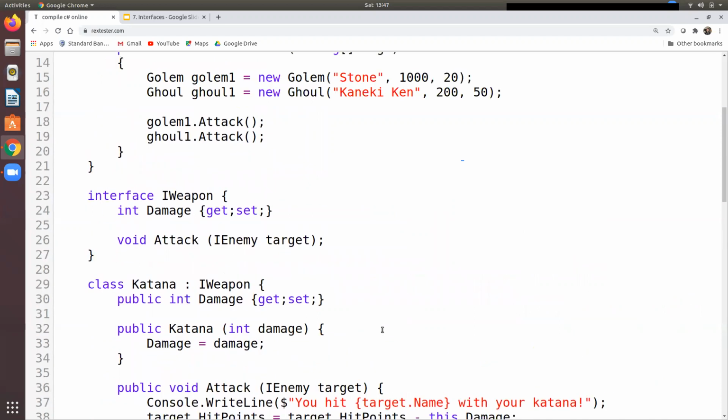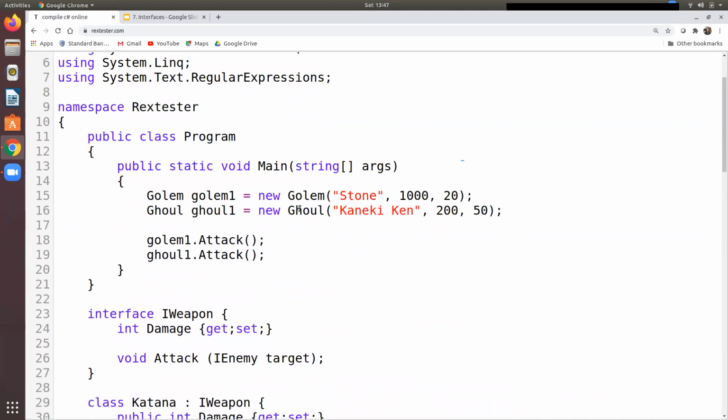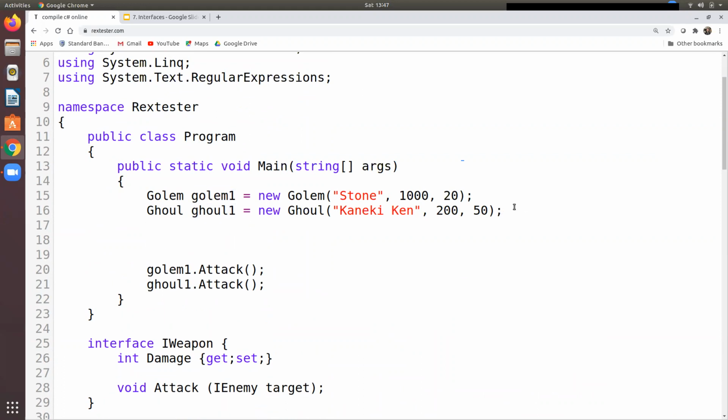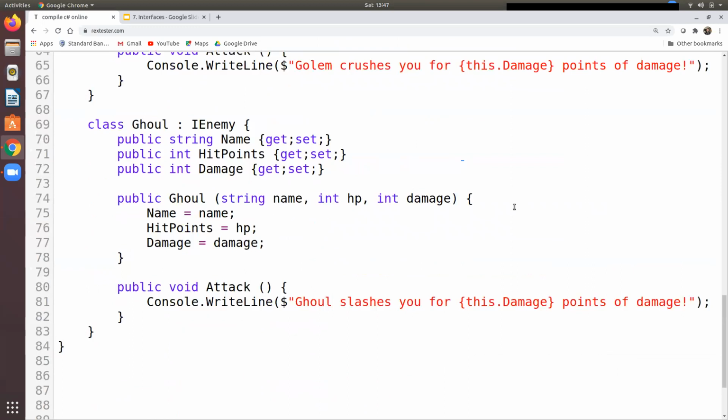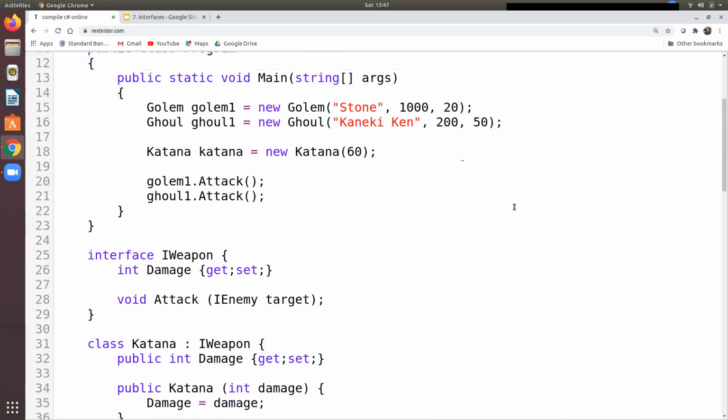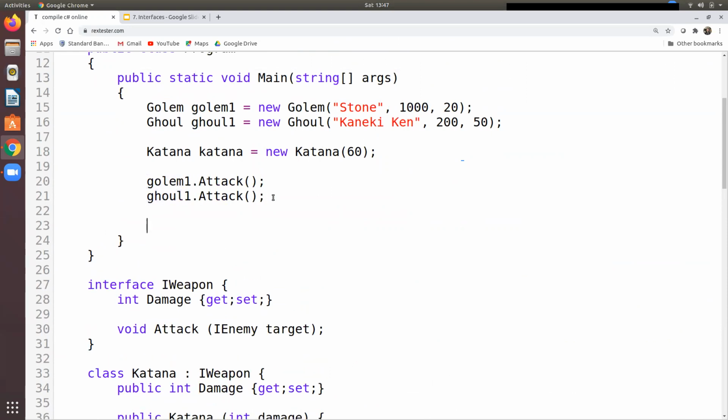Okay, so let's try this out. What I'm going to do now is, we've created a golem object. We've created a ghoul object. We're now going to create a katana object. So I'm going to say katana equals new katana. And I have to specify a damage value for my katana. It's strong, so I'm going to give it like 60 damage or something, okay? Cool. So we get attacked by golem, and then we get attacked by ghoul, and then we're going to say